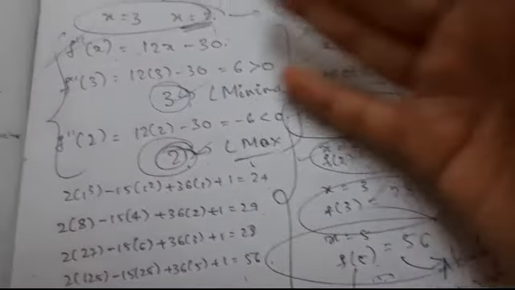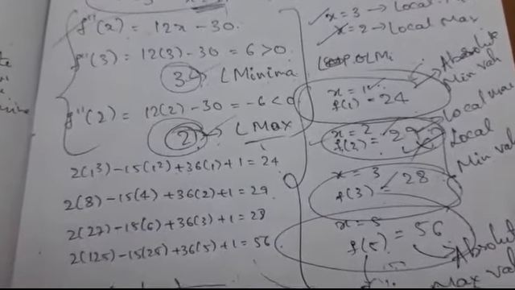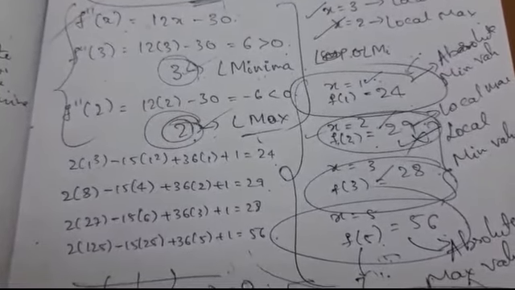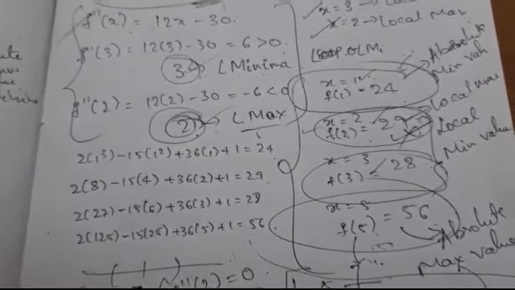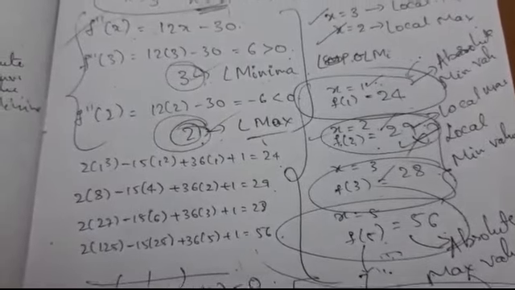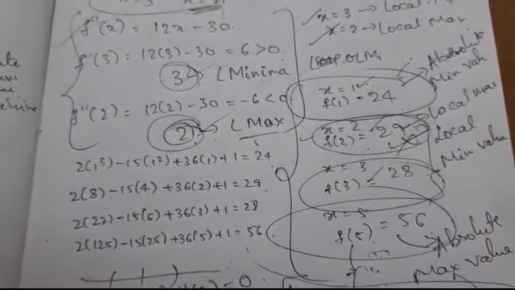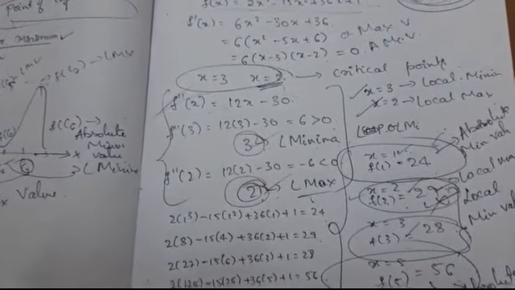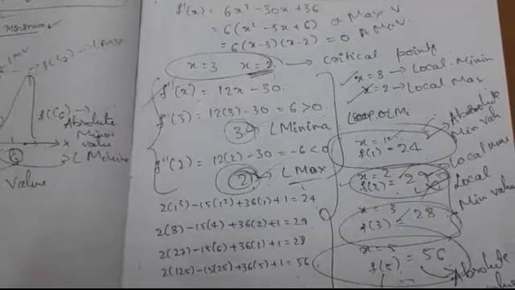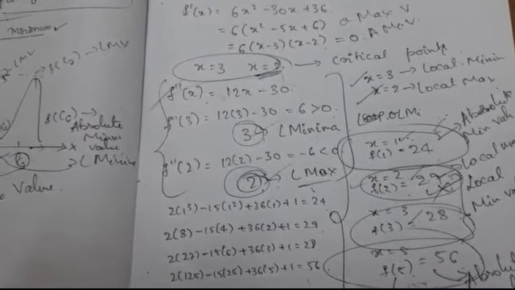This idea is not explained in your NCERT textbook, but it might be helpful for certain competitive examinations. So for that reason I have explained this concept also. Please make a note of it in your notebook. Please pause the video and note it down. So this is the idea regarding absolute maxima and absolute minima as well as the second derivative test. If you have any doubts regarding this concept, you can ask me at any time.